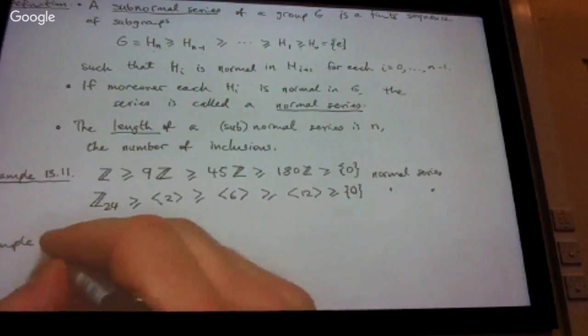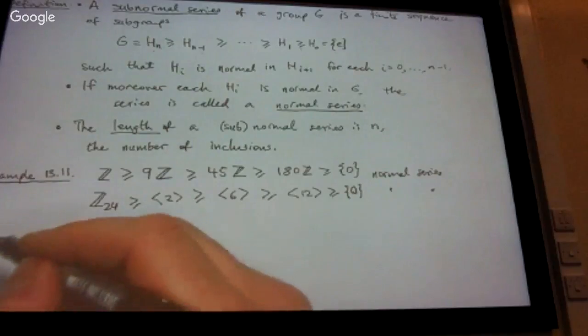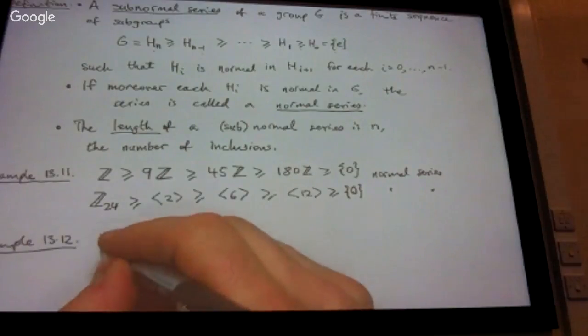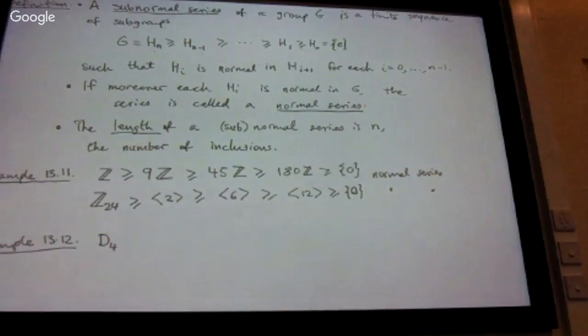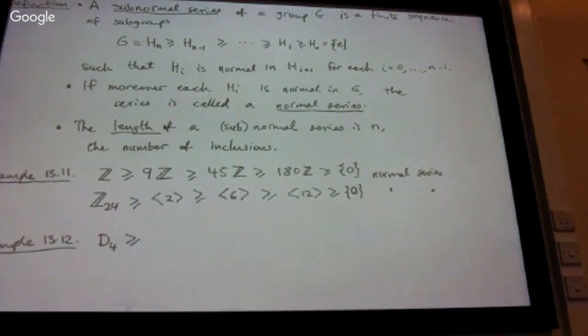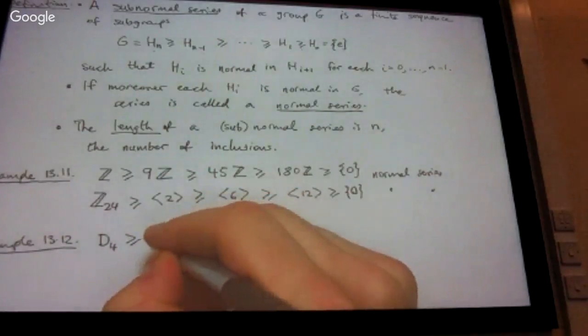Anything more? Okay, how about the dihedral group? I think you all studied that in coursework, probably. So it has some subgroups like,